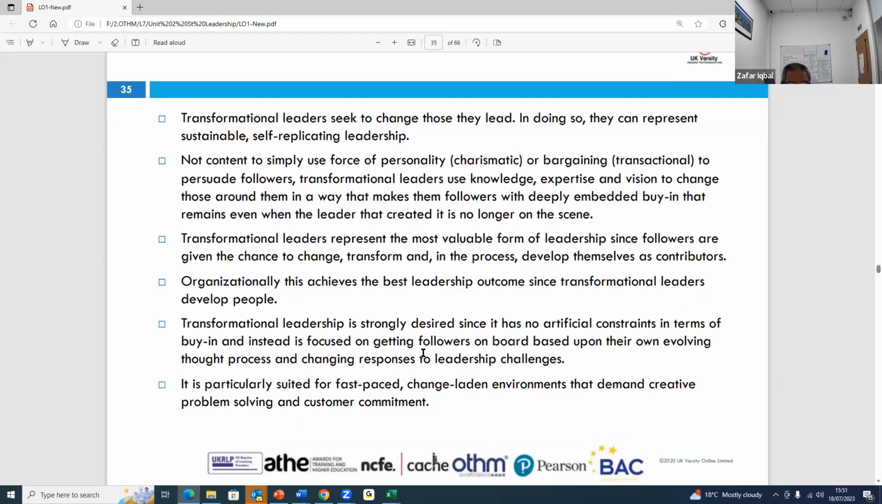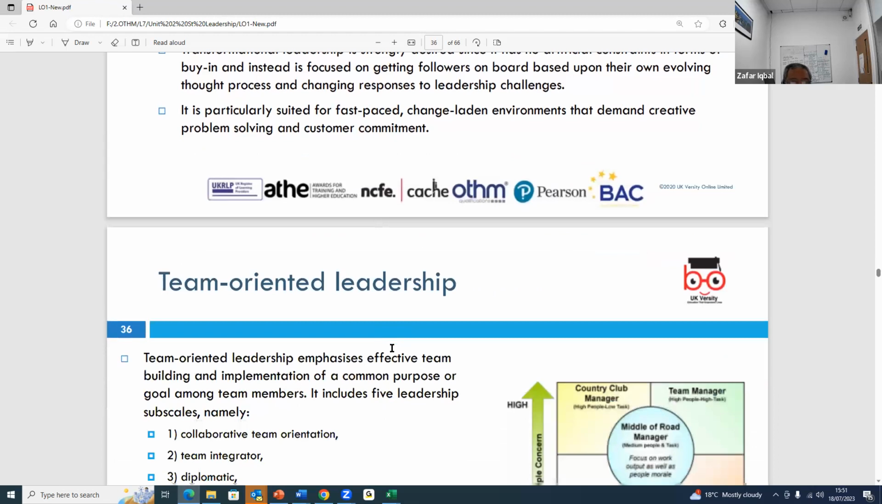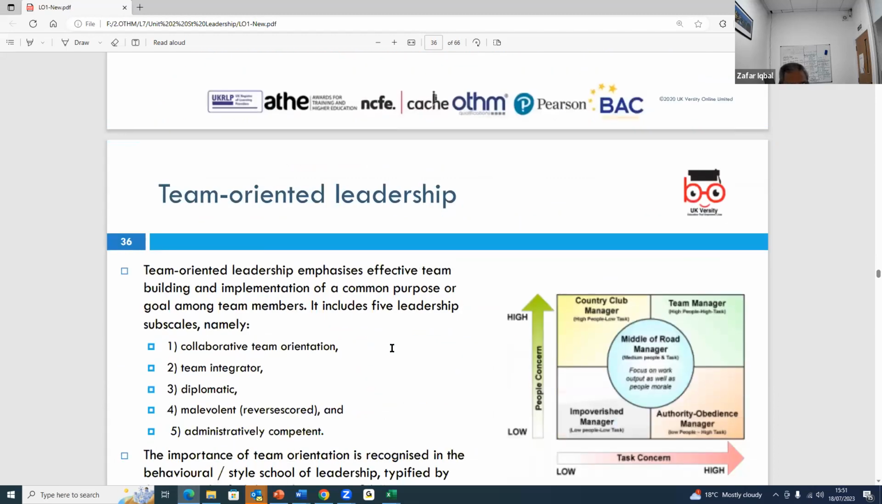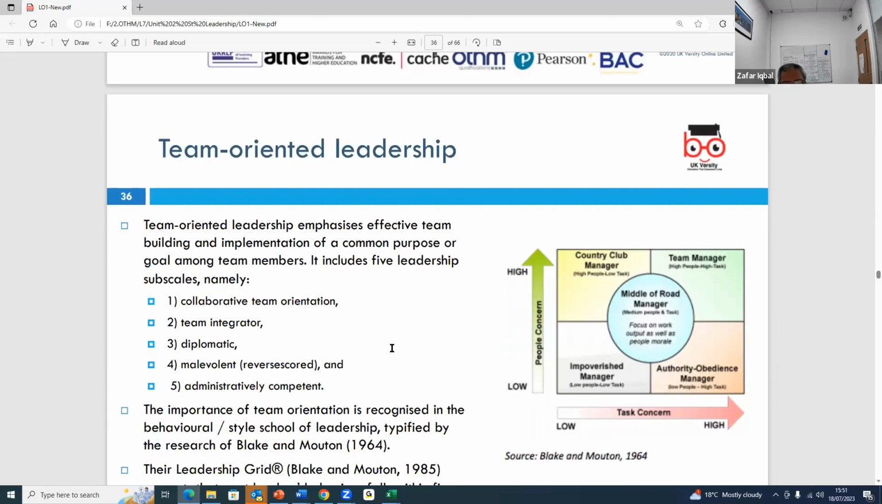They are there to solve problems. And in a fast-paced environment, they are probably the most suitable leadership style. Okay. Now then, there is a team-oriented leadership style, which looks at